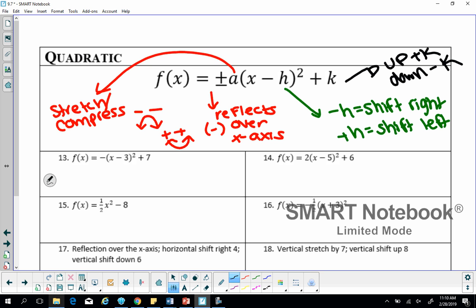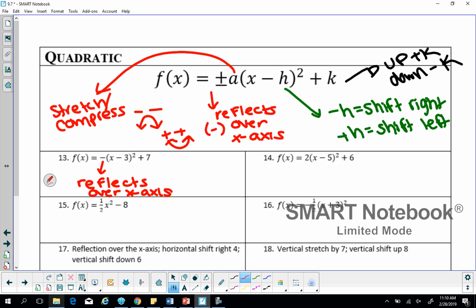Okay, next one. So who can tell me what is going on in that first one for a rainbow? Zaylen, go. Number 13. Alright, so reflect over the x-axis. Good. Reflects over x-axis. And then